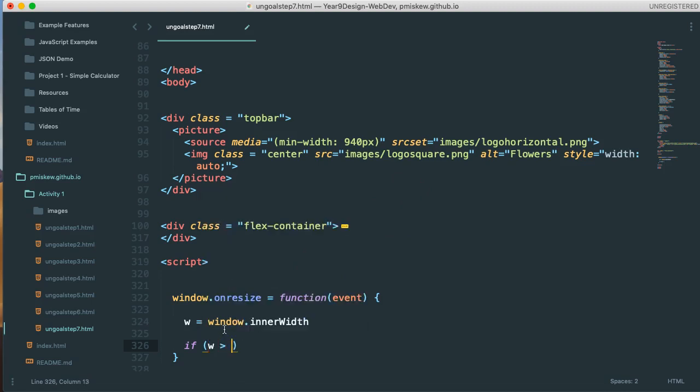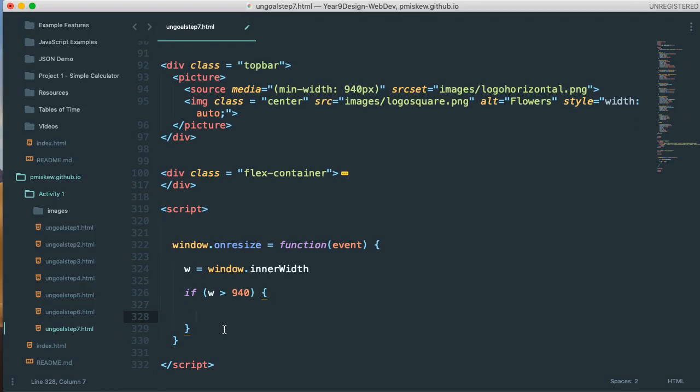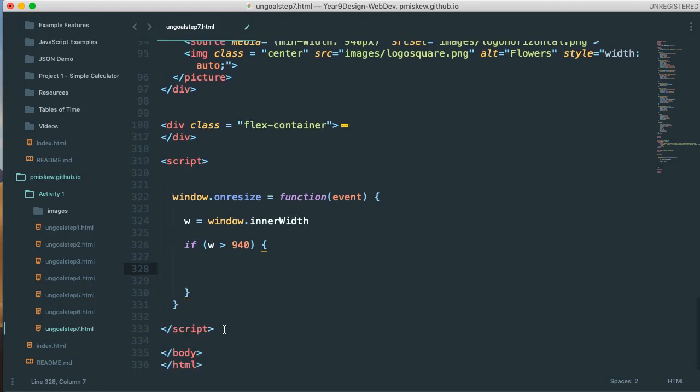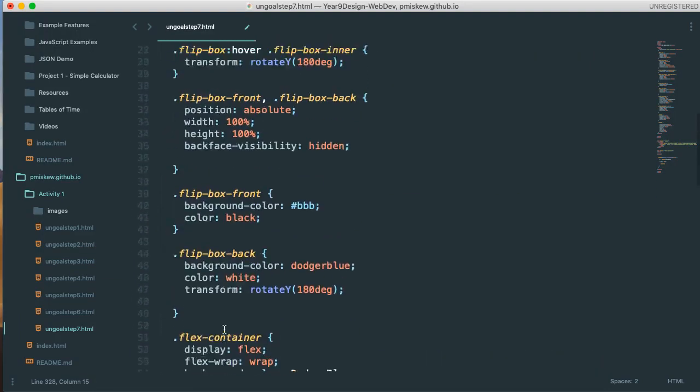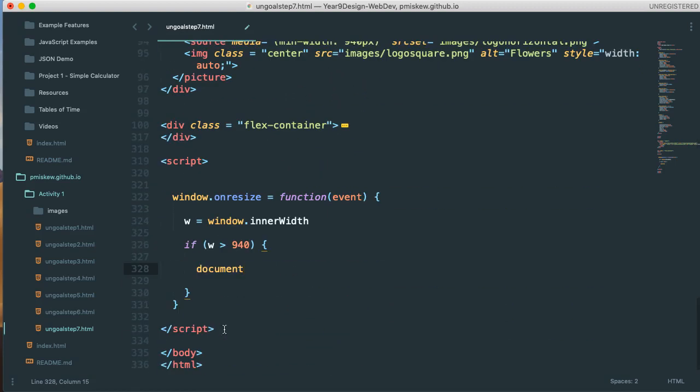is greater than 940. And then I'm going to open a brace and close a brace. And now we're going to use a command. This is called Document Object Model, or DOM development. We can think of the whole web page as stored in this object called a document. So I can say document, which basically gets everything that is inside the HTML. You can think of this HTML file as a document here. And then I can do this get elements